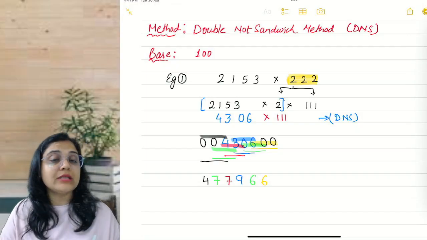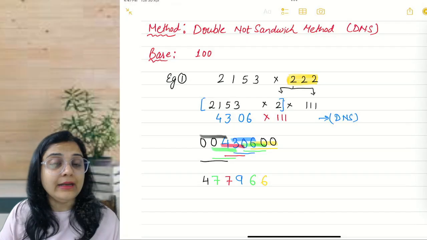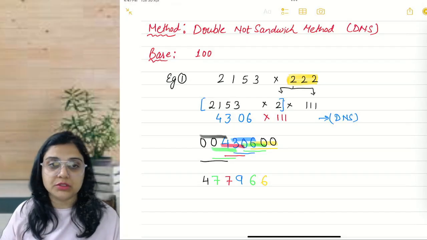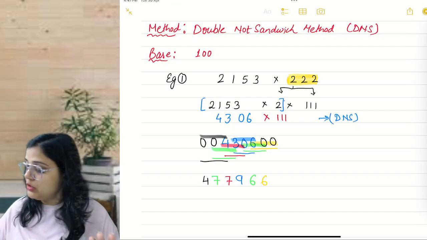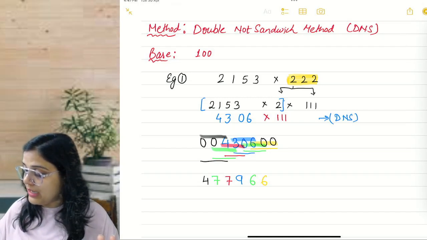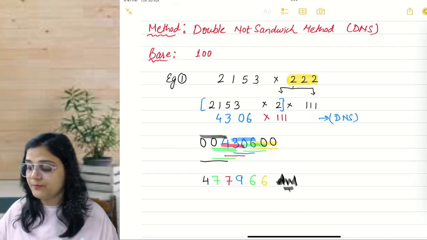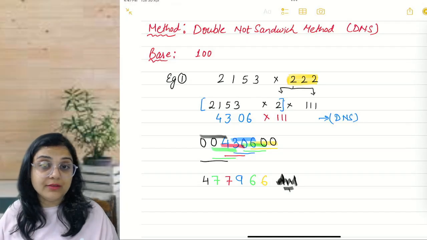Okay, you just need to understand we are adding 3 digits at a time starting from the right side, and every time we are skipping the last one when we are adding the next one to this. Alright, we have practiced a lot about it in the previous video. So by doing this, I have got my final answer already. This is my final answer. 477,966. I already have my answer.